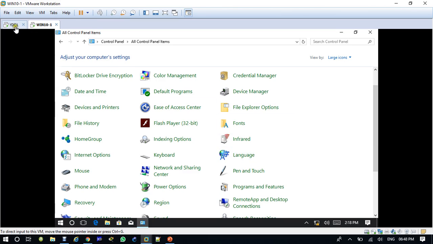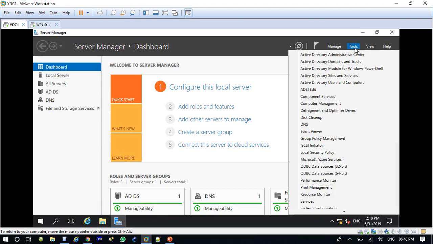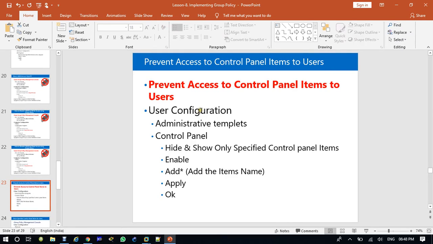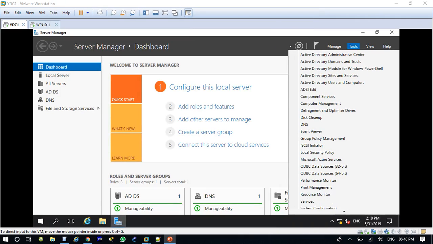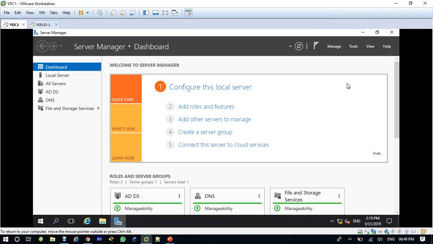Okay, so I will come on the server. This group policy is known as prevent access to the control panel items to users of the domain controller. Now on the server, open users and computers, just to verify.